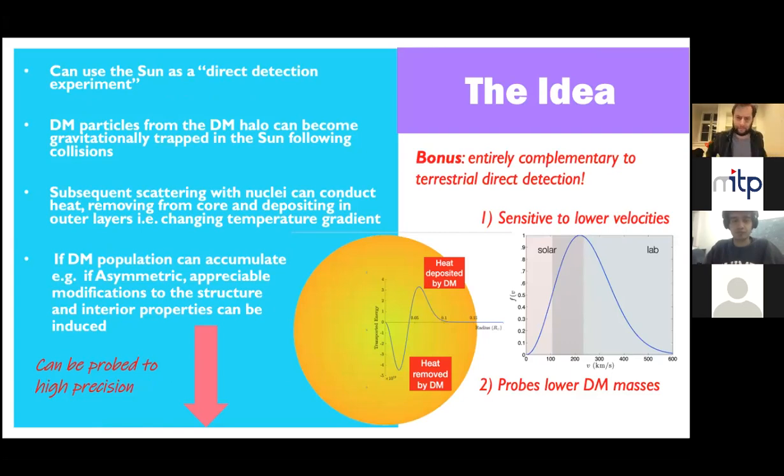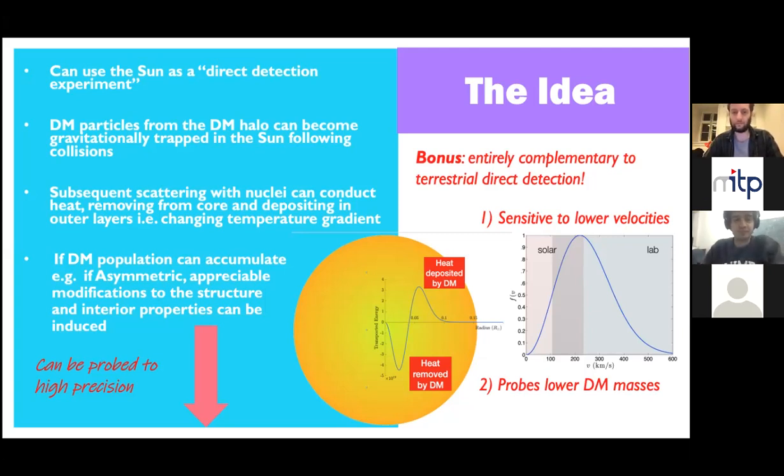Now, terrestrial-based direct detection experiments, which look for dark matter collisions with heavy atoms, have always been a favoured approach, but they're of course yet to yield a discovery. However, all is not lost. It turns out we actually have an entirely complementary direct detection experiment on our doorstep that we are yet to exploit to its full potential. So let's suppose that our dark matter consists of particles with some kind of weak scale cross section for interaction with the standard model, as in many of the most attractive and popular theoretical resolutions of the dark matter problem.